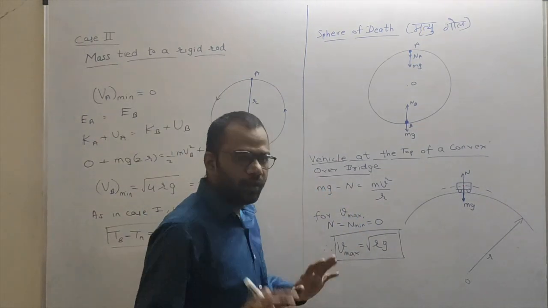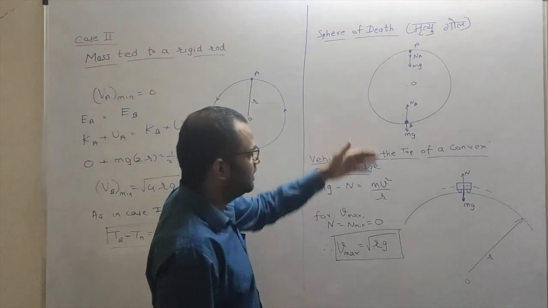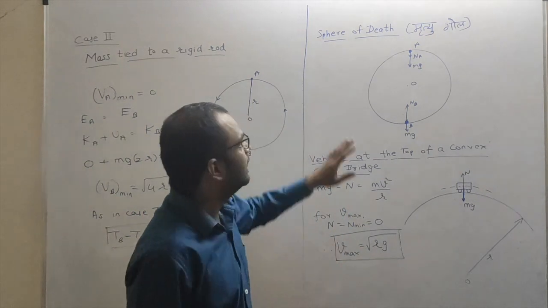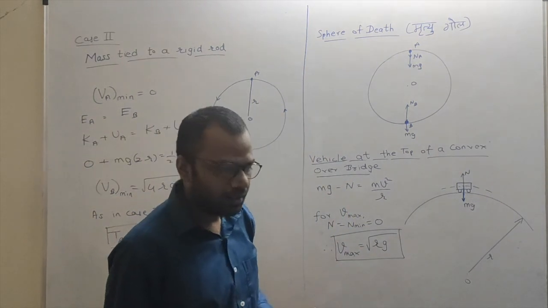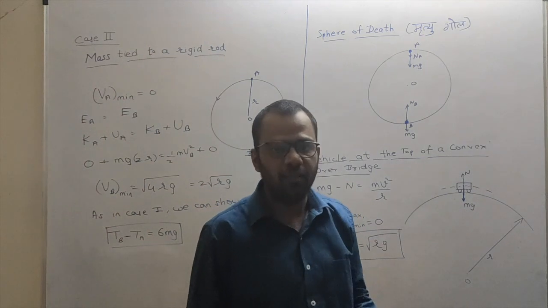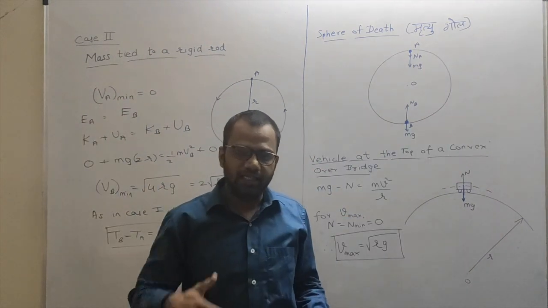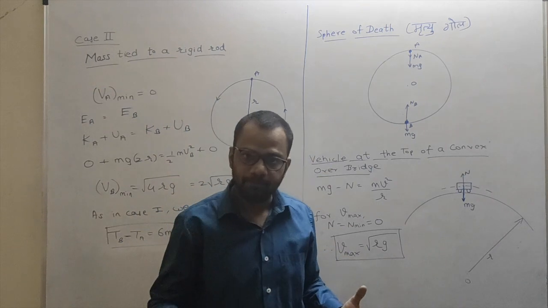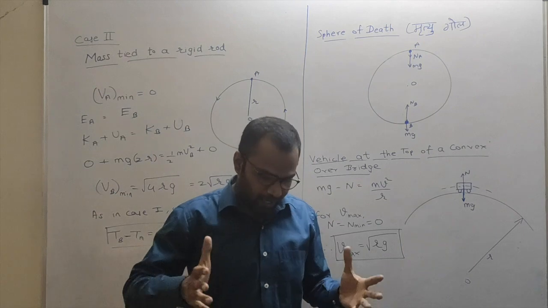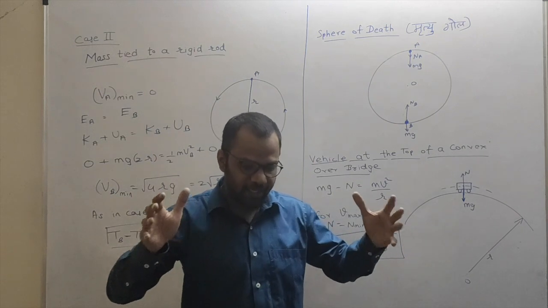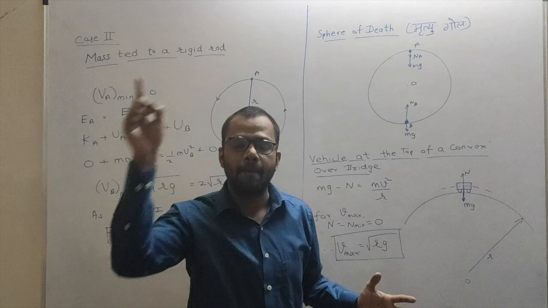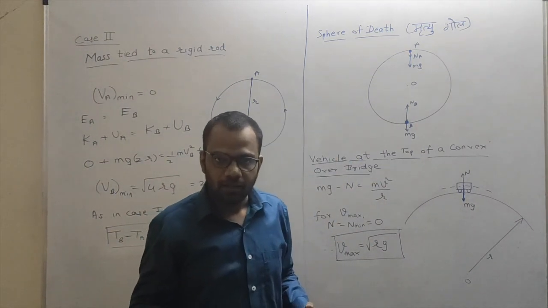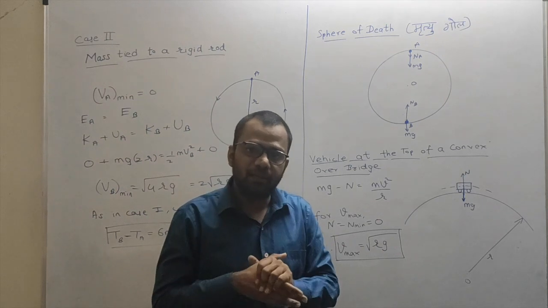Now before noting down anything, we'll just discuss these two things also, and then I will give you instructions to note down the things. Now we'll talk about sphere of death. Again in the circus you have seen this hollow sphere. In that hollow sphere, a stuntman along with his bike performs circular motion. Now as he is performing circular motion, let us imagine that he is performing a vertical circular motion. Now in that vertical circular motion, who provides the centripetal force?